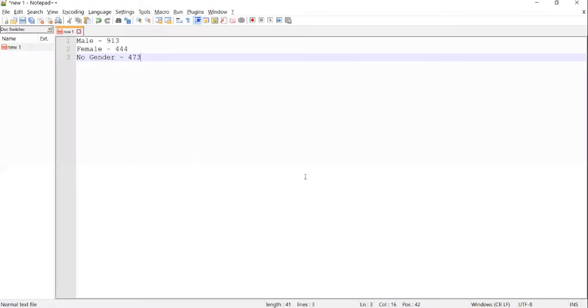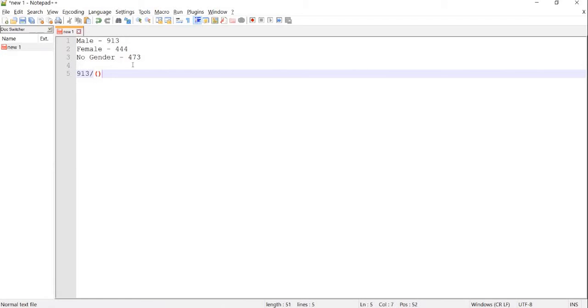473. So if you want to calculate the percentage of male employees among the total employees, it will be 913 divided by 913 plus 444 plus 473.